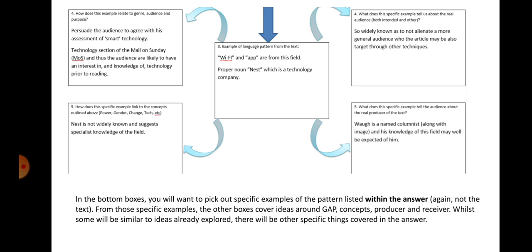On the right-hand side, it says, what does the specific example tell us about the real audience? And then what does the specific example tell us about the real producer of the text? Again, you're not necessarily looking to do this from the text itself. You're not saying this is what I think about the various patterns. The answers will be within the example answer. You'll be basically picking apart what the person has written as a piece of analysis. In the past, I'll be honest with you, this has been a task that some people have struggled with without some input. But obviously, as always, if there are any problems, do just let me know, and we'll be talking through it a bit in the lesson today anyway.